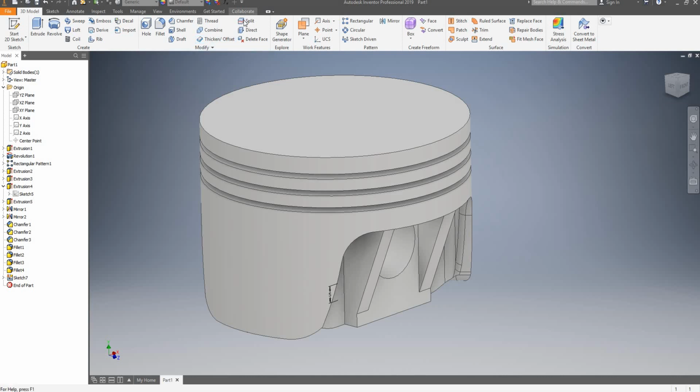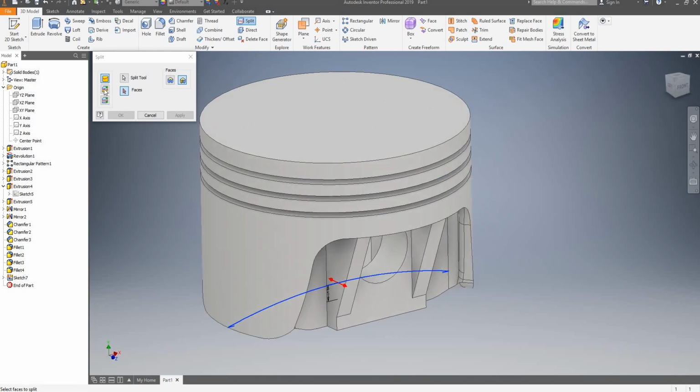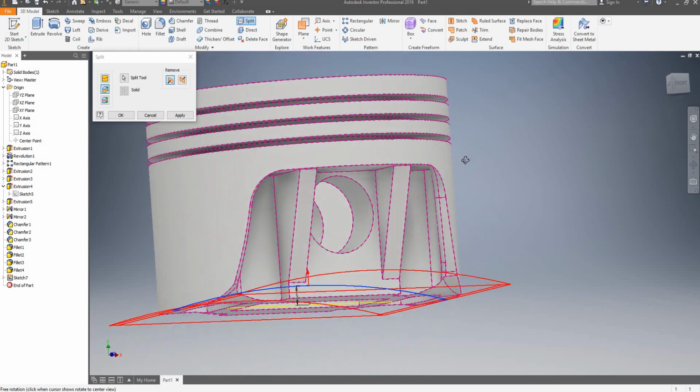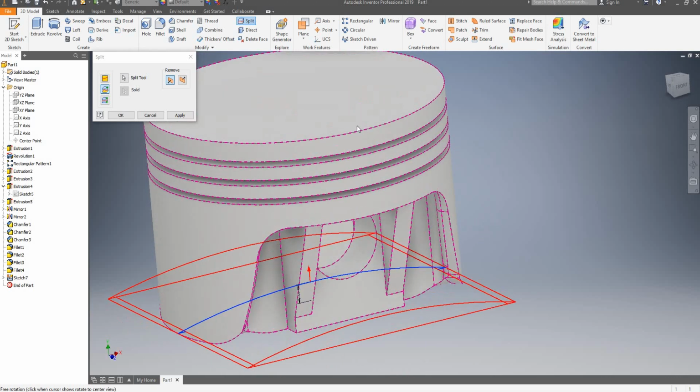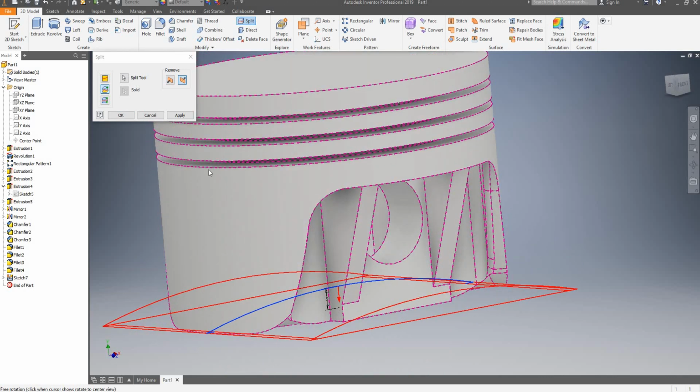So I'm going to use the split tool. So I'm going to click on split. I'm going to find my split tool, which is here. I've just realized that I'm on the split face tool. We don't want to split a face. Here at the bottom you can split a solid. We don't want to split it, we want to trim it. So go on the second or middle option, trim solid. I have already selected my split tool, and now it's asking me what side I want to remove. So I want to remove the bottom side, so I'll switch. So the arrow is now pointing down, so when I click on apply,